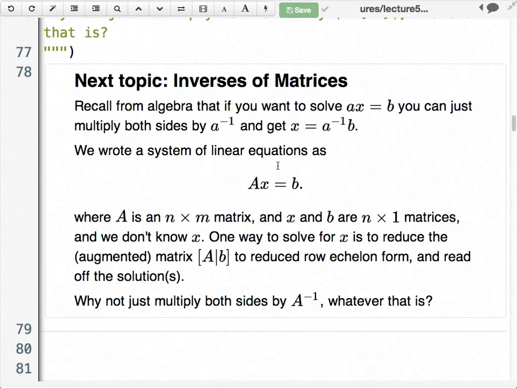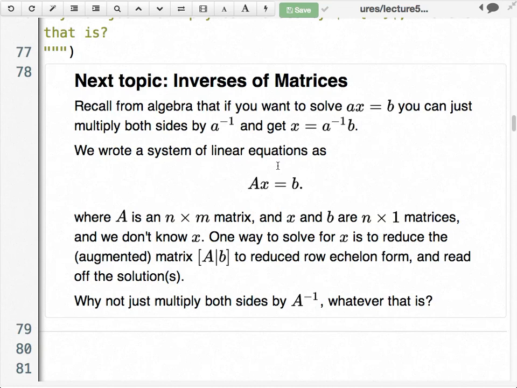Okay, so if you'll remember back to day 1, we had a system of linear equations, and we rewrote it as a single matrix equation, Ax equal to b. And then we compared that to what you would do in algebra, where you have an equation like little ax equals b. And in algebra, by which I mean high school algebra, you would solve this by maybe multiplying both sides by 1 over a. Doesn't matter in which order you do it in algebra class, because numbers commute. And you would end up with x equals b divided by a. And you'd be like, wow, I can just solve the equation this way.